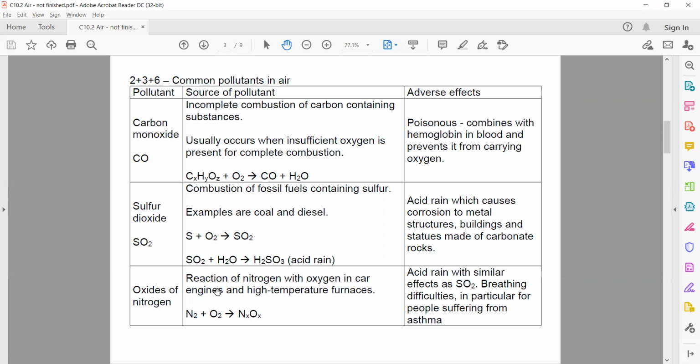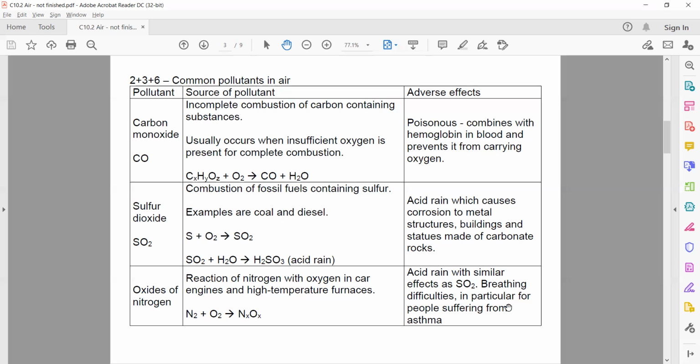And then the last one you have to know is the oxides of nitrogen. Now, remember what we said is that nitrogen is mostly unreactive. It's in the air and it's sitting around us all the time and it's practically doing nothing. However, when you apply a lot of heat and a lot of pressure, it can react with the oxygen in the air. A good example of this is combustion inside an engine, because an engine produces enough heat that it actually allows the nitrogen to react. So in engines and in high temperature furnaces, the nitrogen in the air does combust with the oxygen to produce nitrogen oxides.